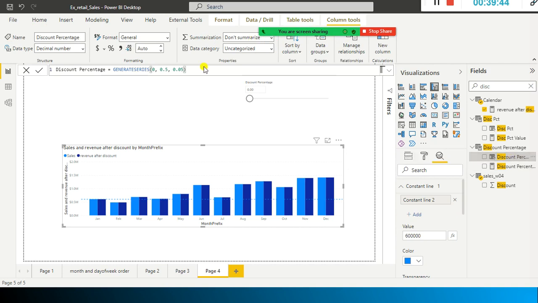If I give 0.02, it is not taking it into account because it takes the rounded values.